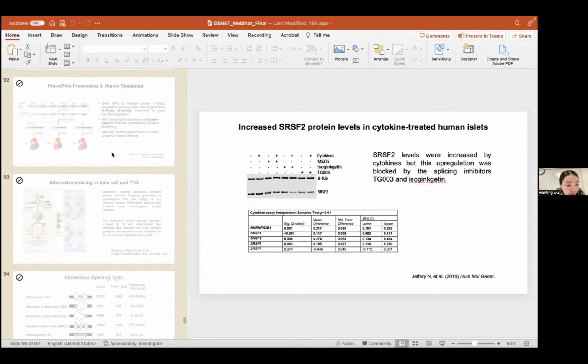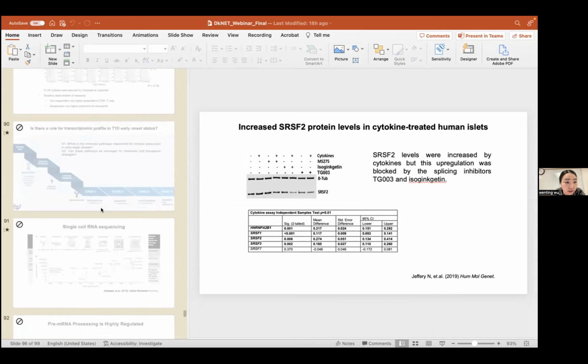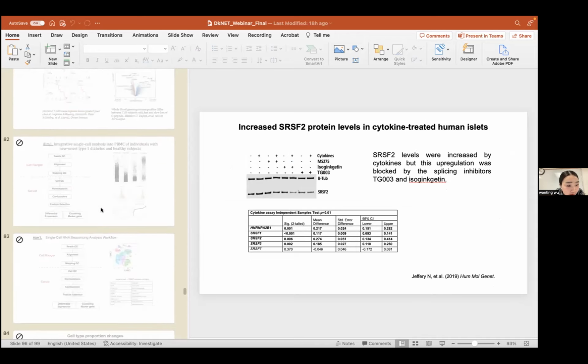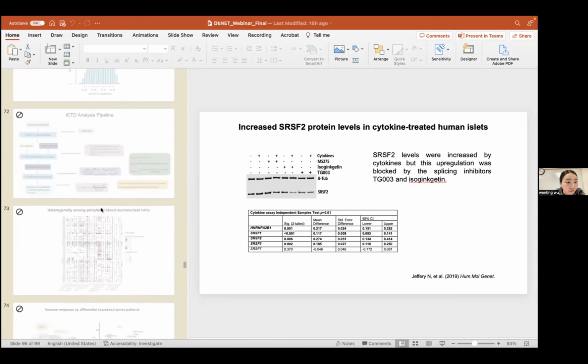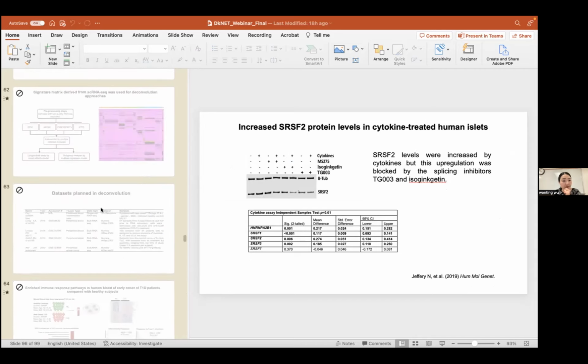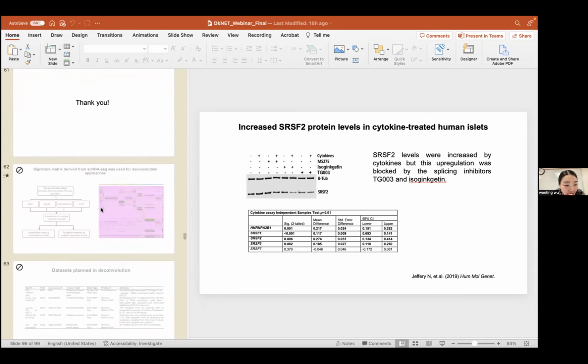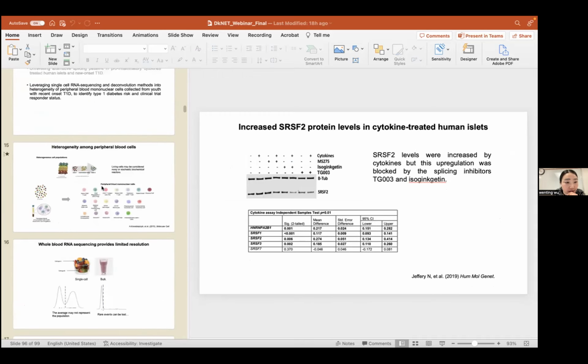Or it's not here. That's some pathway analysis I've done previously. It's too many slides and